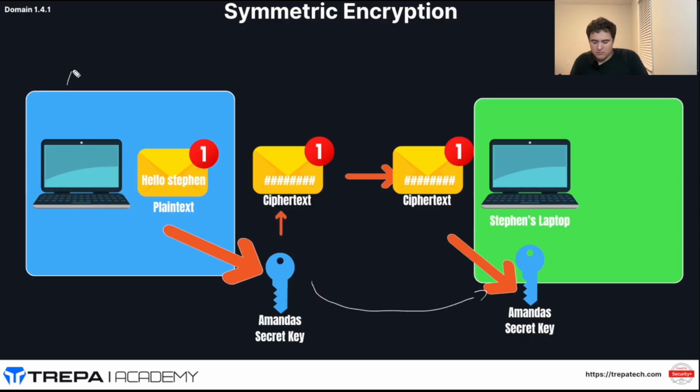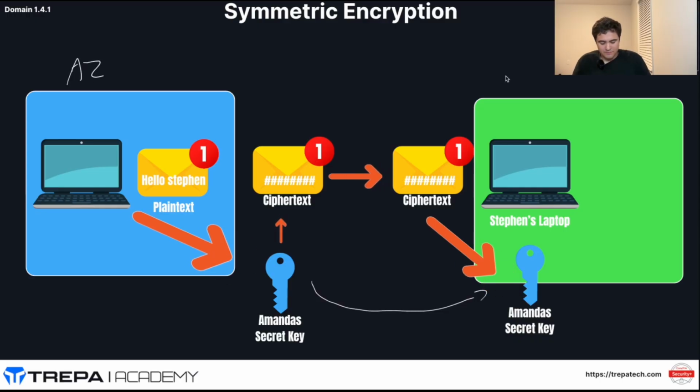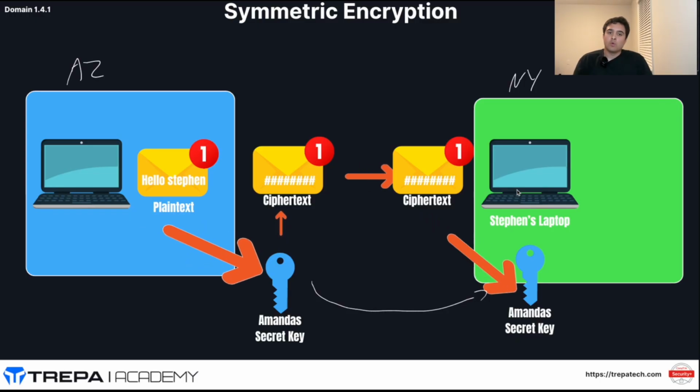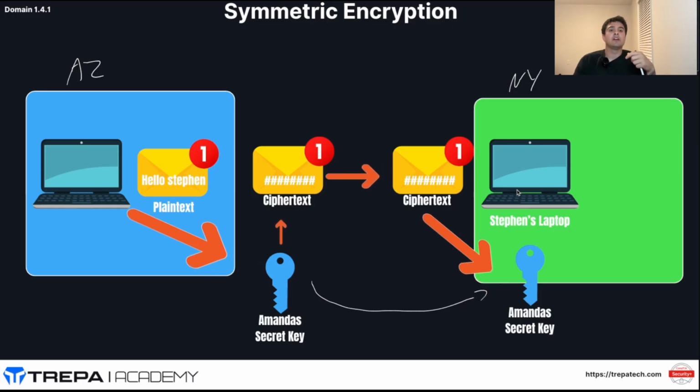So if she was in Arizona and he was in New York, we have a problem. How did we get that private key over to Steven in New York through an untrusted network like the internet? Well, that's where asymmetric cryptography comes into play and secure key sharing algorithms, things like Diffie-Hellman and elliptic curve cryptography, and really asymmetric encryption. Asymmetric encryption, which we're about to learn about,